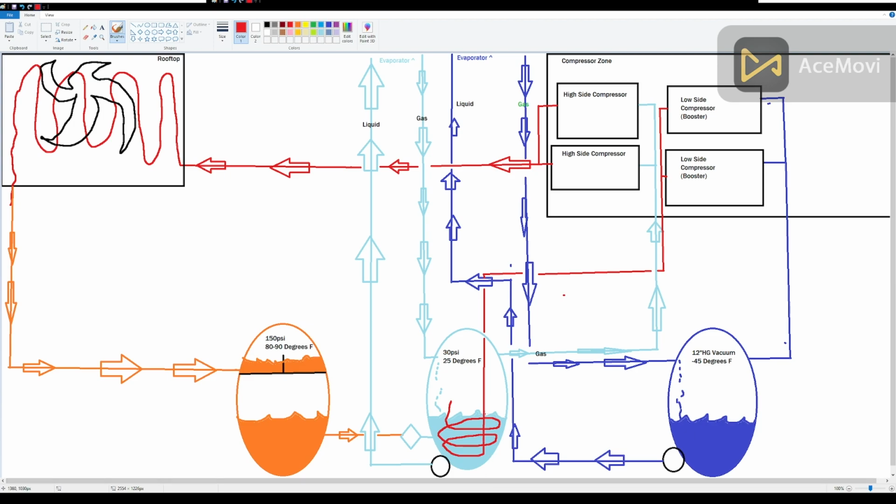But it is going to go through this high side refrigerant, this 25-degree refrigerant, which is going to cool it. It's also going to cause some of this refrigerant to boil. This vessel's pulling double duty. It's sending refrigerant out to be boiled out here, and it's also letting its own refrigerant get boiled in itself because it's helping to cool down the low side. This line of booster discharge is going to end, and this gas that's now been cooled down a little bit